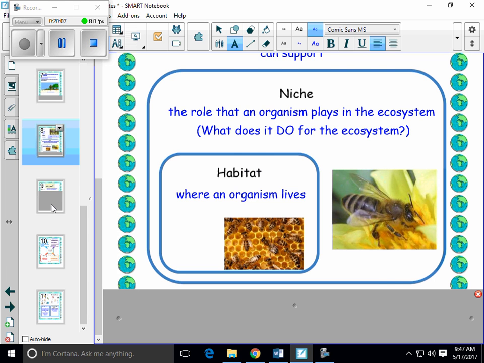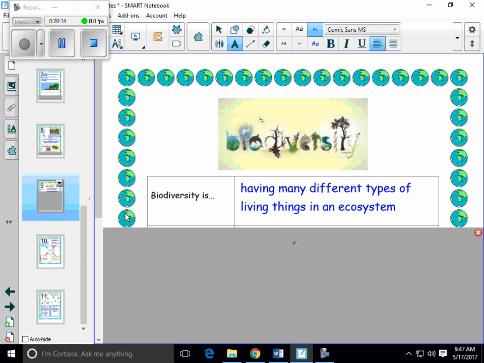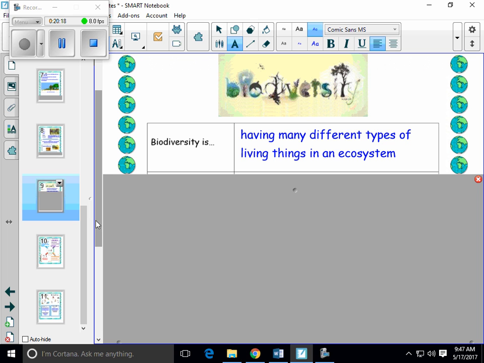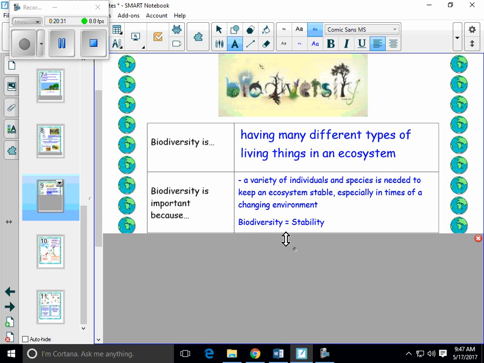Another important term for the ecology unit is biodiversity. Biodiversity is having many different kinds of living things in an area, so many populations in an area, whether it's plants, animals, bacteria, fungus, all different kinds of living things in the same space. And this is good. We want that, because a variety of individuals and species, well, we need that to keep the ecosystem stable,